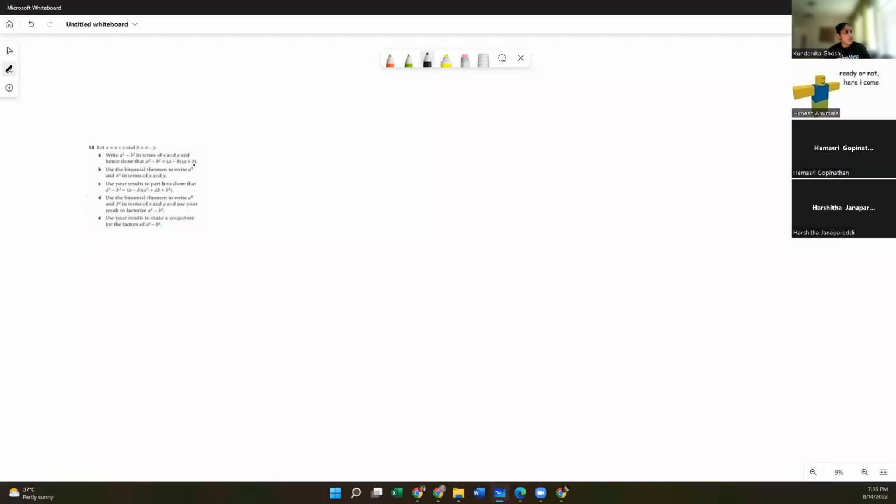So here, we've shown that this equals a plus b into a minus b. For part C, we've shown that that equals a minus b into a squared plus ab plus b squared. For part D, we've shown that a to the power of 4 minus b to the power of 4 equals a cubed minus a squared b plus ab squared plus b cubed into a minus b, right? So what's common between all of these is a minus b, okay? No matter what, you're always gonna have an a minus b.